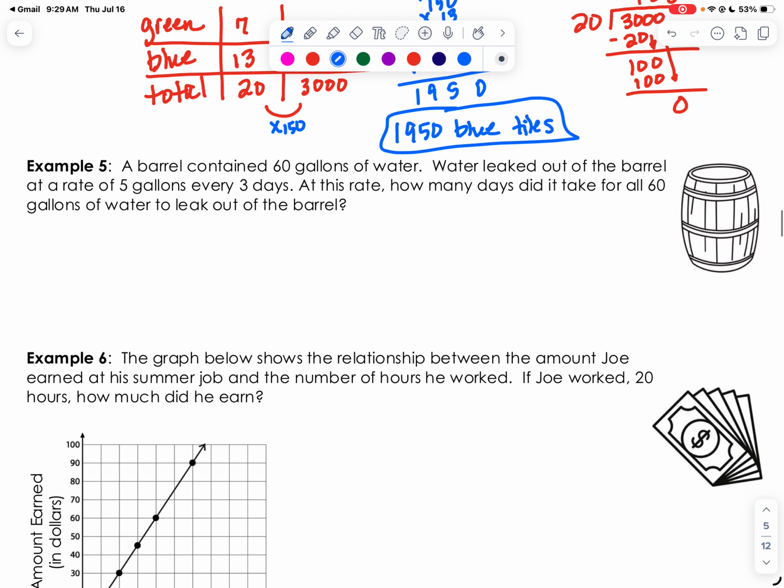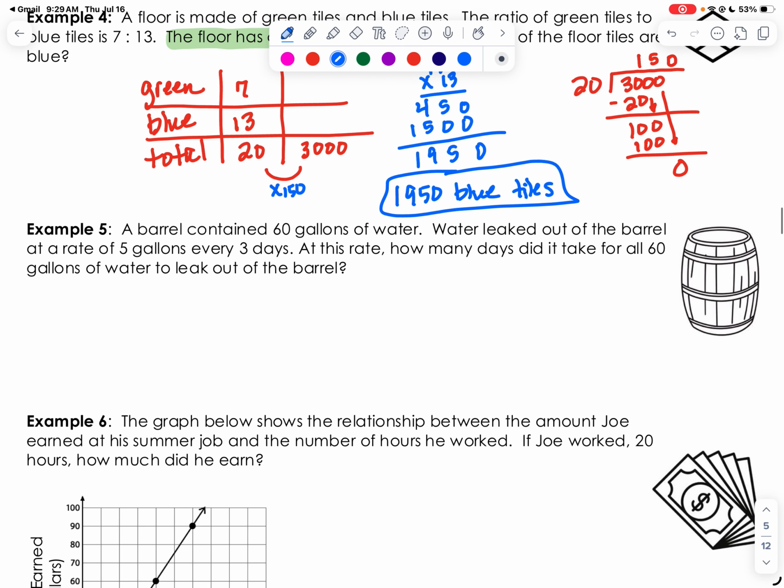All right, example 5. A barrel contains 60 gallons of water. Water leaked out of the barrel at a rate of 5 gallons every 3 days. At this rate, how many days did it take for all 60 gallons of water to leak out of the barrel? So what they told me is that the water was leaking out at a rate of 5 gallons every 3 days. And the question is, how many days did it take for all 60 gallons to leak out of the